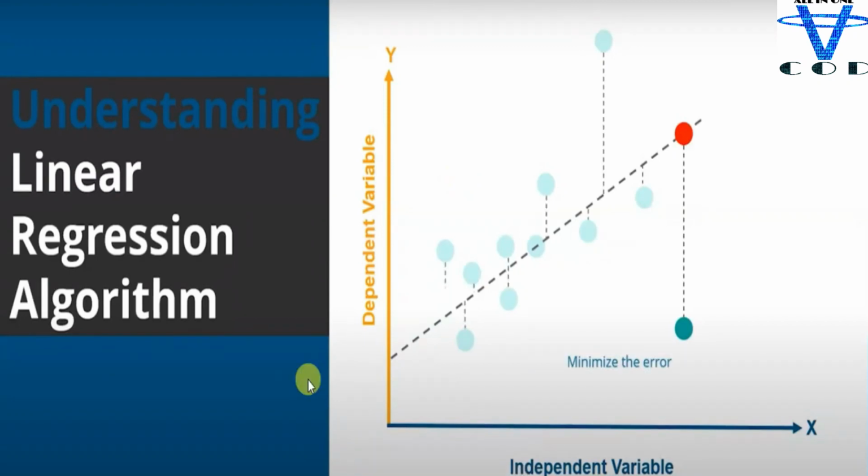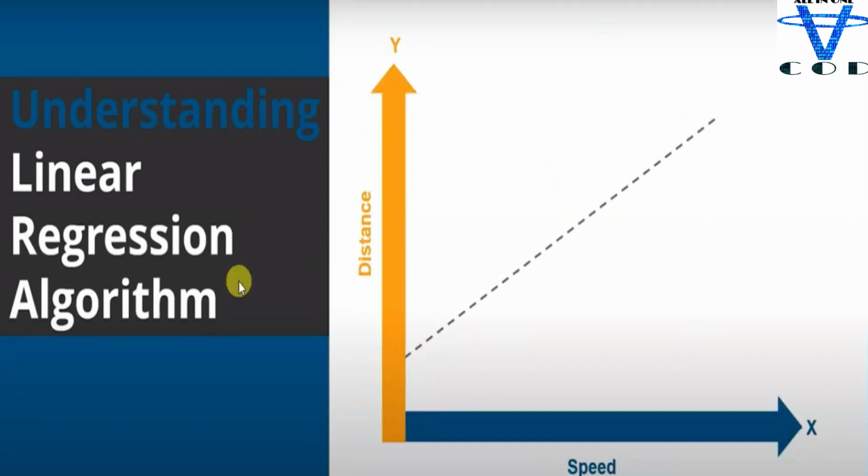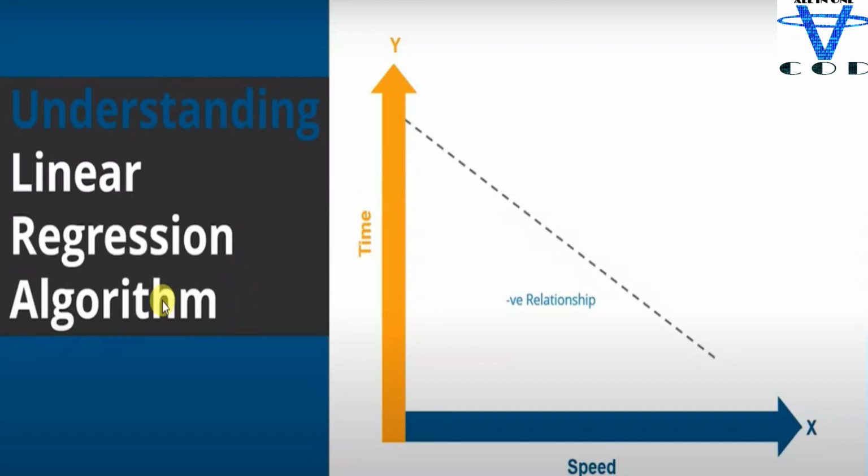We are going to use the function of linear regression, y equal to mx plus c. But first, you can see this is the positive linear regression. What if this is the negative linear regression? If we got negative linear regression, you can see the line is going to be like this, negative. So that's how you can create the positive and negative linear regression.